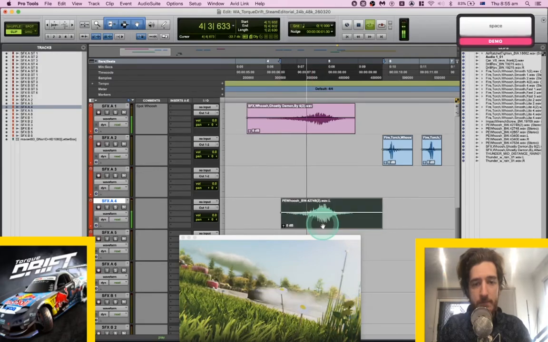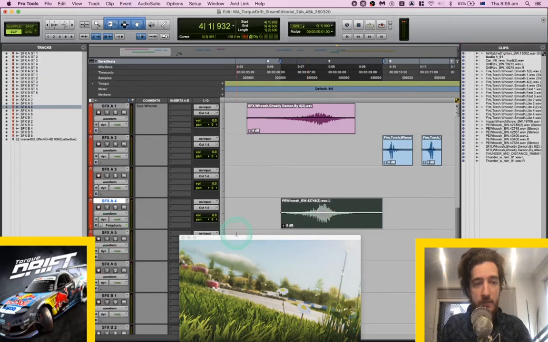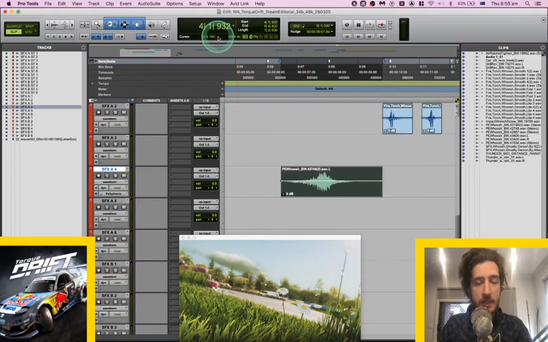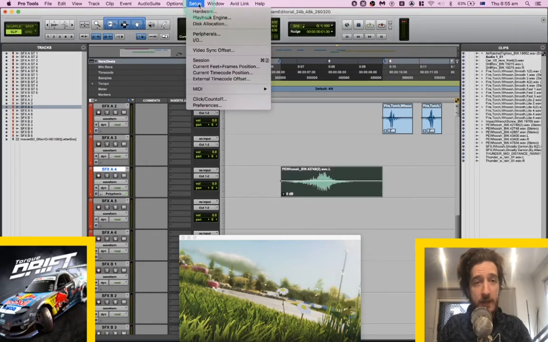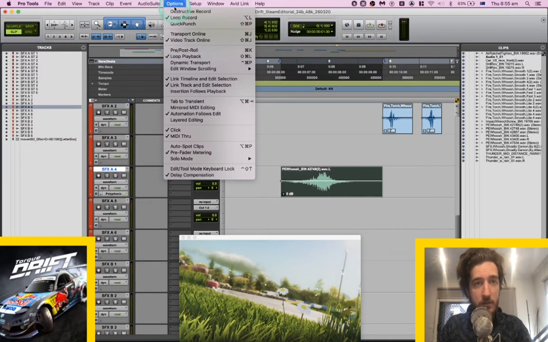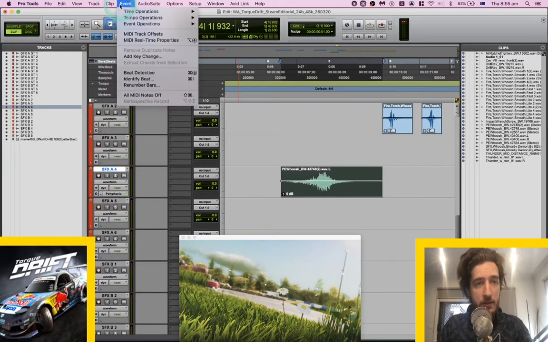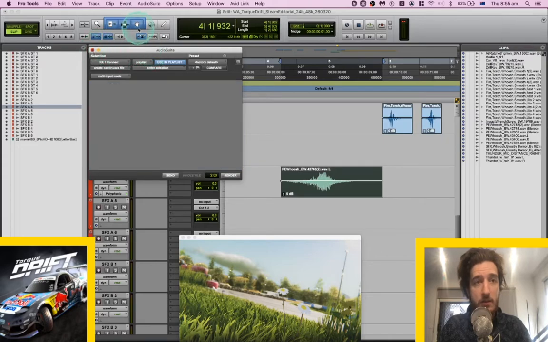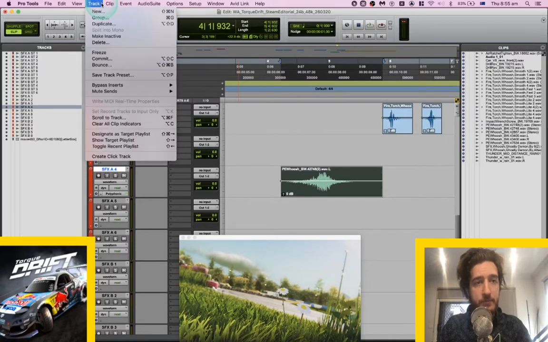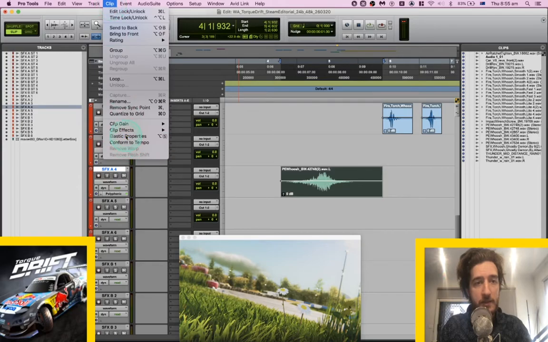Close up. I think that actually needs to be stretched out a lot. What's your hotkey for that elastic audio? Something 4. No, that's my thing. I'll do that. Elastic properties. Oh, so close.